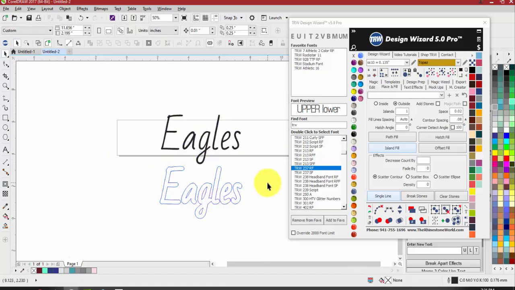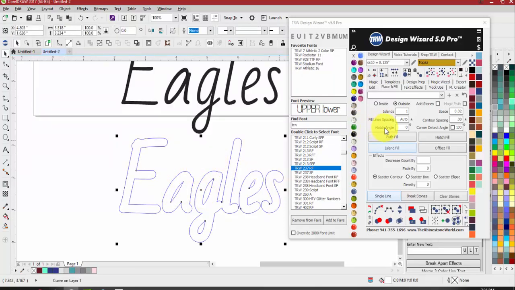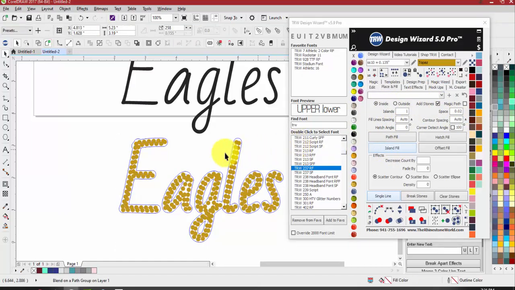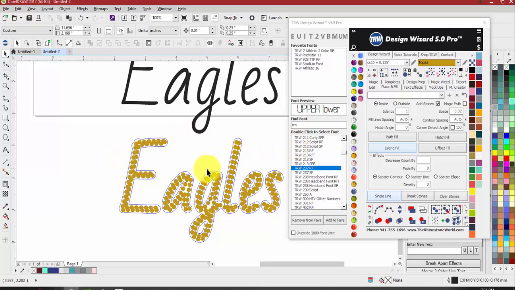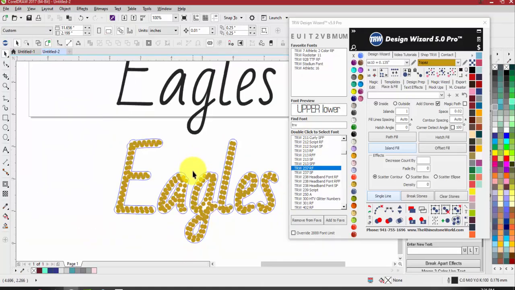Yeah, so the Rhinestone fonts, they're going to save you a lot of time and money that way, because you literally just type it out, hit the font, hit the stone you're going to use, and you're done. You don't have to edit stones. So the Rhinestone fonts are some of the biggest time savers when it comes to designing. But once you made that a little bit thicker, then you could do the inside, add stones, auto, island fill, and then you could get a different fill. So even with that a little bit thicker,